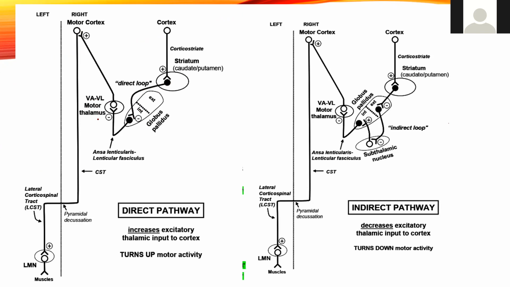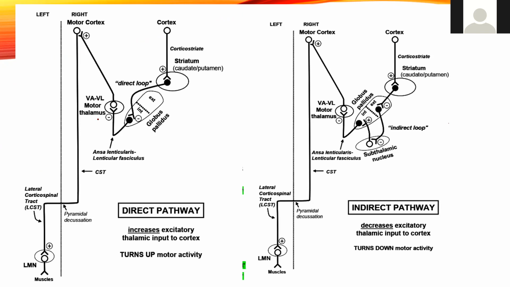While on the other hand, we also have the indirect pathway. In the indirect pathway, the cortex projects excitatory neurons onto the striatum, which in turn projects instead to the globus pallidus external, giving an inhibitory effect on this globus pallidus external. This inhibitory effect will cause a reduction of projection to the subthalamic nuclei. The subthalamic nuclei, which is made up of, as we said earlier, glutamatergic excitatory